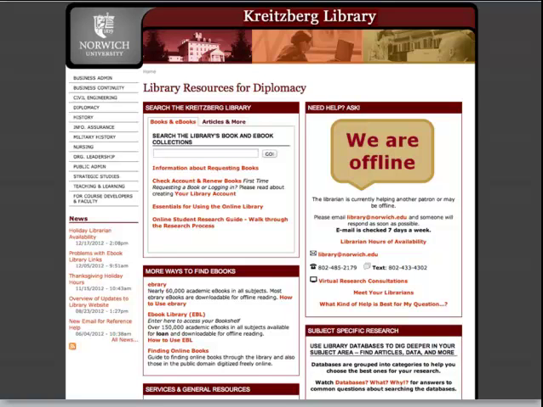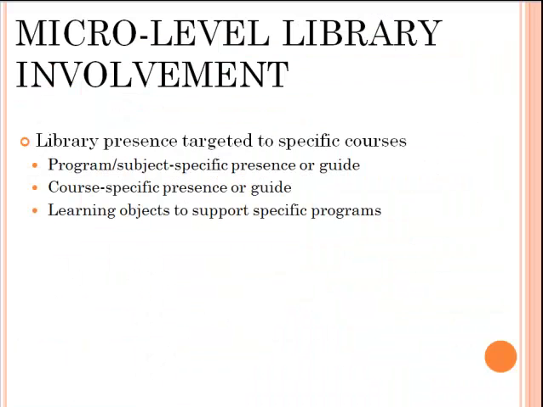It's all one link, but the content is tailored once they click on the link for their program. So it's one extra click for students to get to their information, but at least it is tailored and targeted. So micro-level library involvement is library presence that's targeted to specific courses, and I'd say also specific programs and